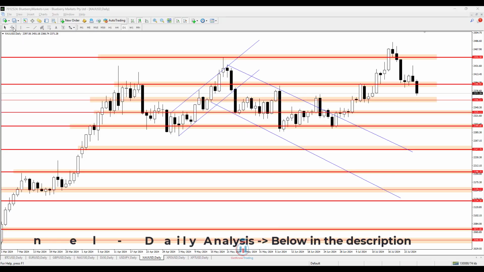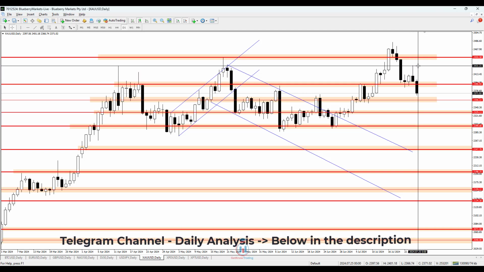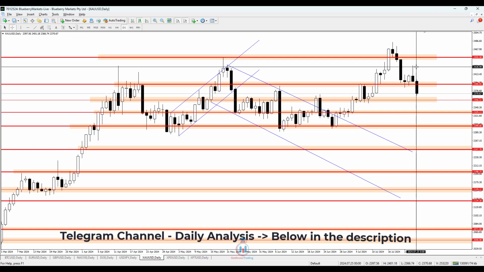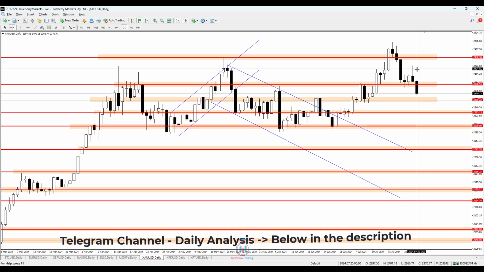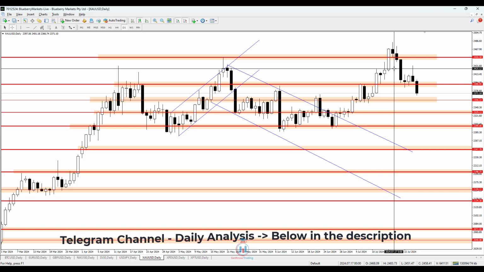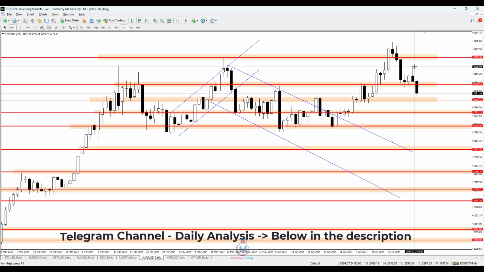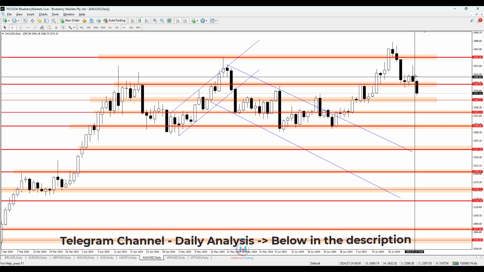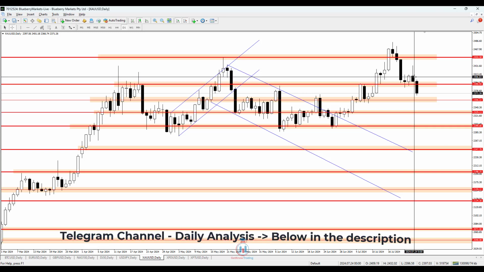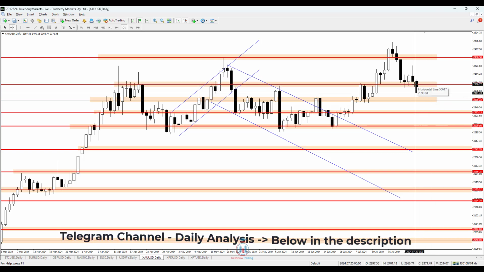Gold against US dollar yesterday has created a bearish candle where we can see that the price tried to move higher on the higher price levels, and the price has reached the price levels that were mentioned in yesterday's analysis, where I have mentioned that the price could reach 2422 and also the 2425 price level. The price reached that, but after that the price returned all the way back down, created a bearish candle with a bearish body where the candle did not close below the support level 2390.94.